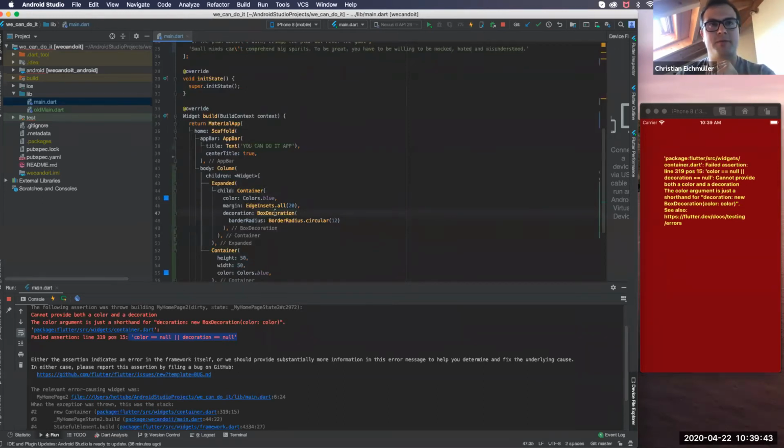And the Flutter team said, well, you could for sure paint two colors, this wouldn't be a problem. But the performance would be pretty bad, because first you would have to write the color blue, and then you would have to write the color transparent in this case. But we don't want this. We only want to write the color one time. Otherwise, the performance would be bad. So when we change this color property and put it in here,